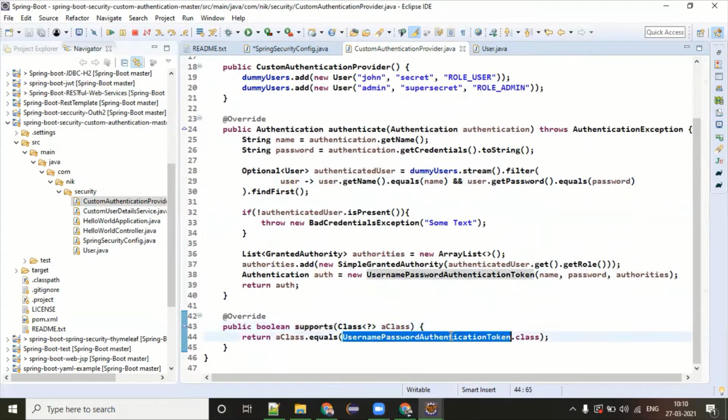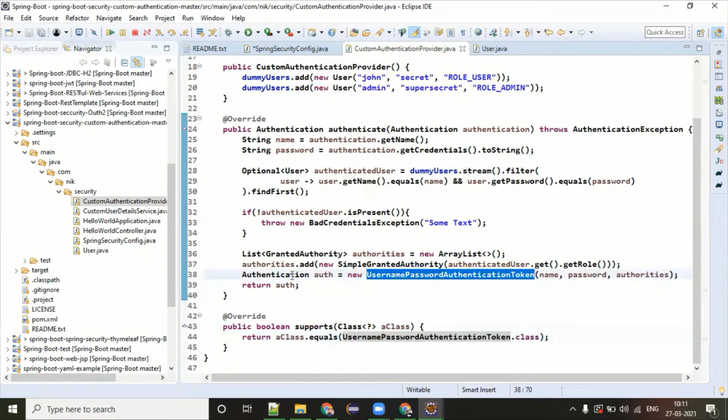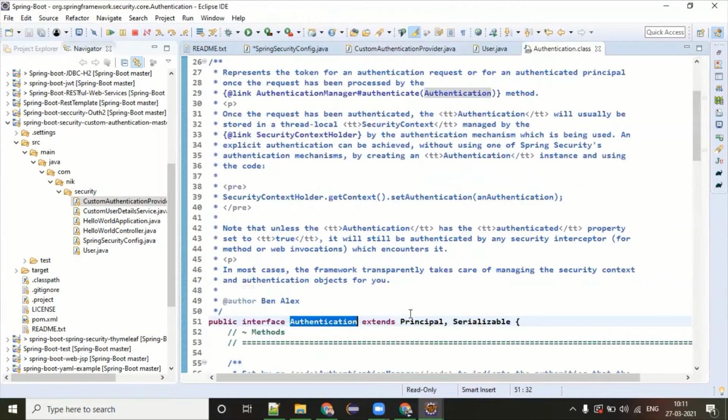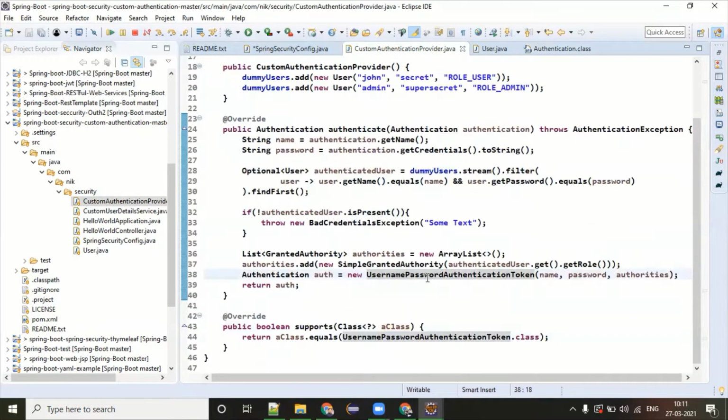And this is just checking that whatever class has been passed is an instance of UsernamePasswordAuthenticationToken. Ideally this is an interface, and the implementation of this interface is nothing but your UsernamePasswordAuthenticationToken. So this is one of the implementations.